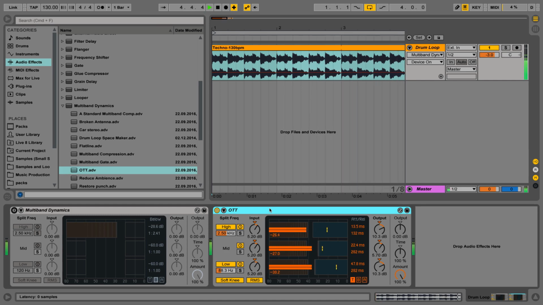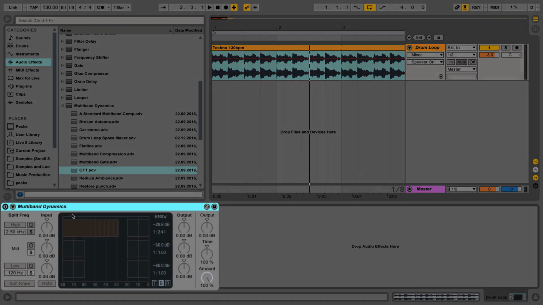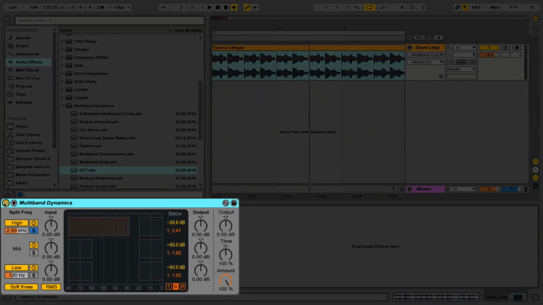It could sound horrible on some sounds. Like this drum loop, I think, is way less attractive than it was. But anyway, going back to our default multiband dynamics that we're editing here, so we can upward compress by clicking